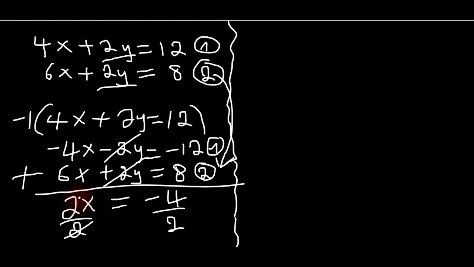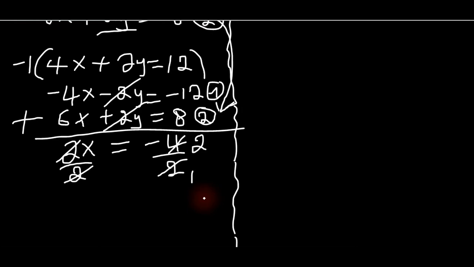So 2 is going to cancel out 2. 2 is going to be here 1, and it's going to cancel here 2 times. So x in this case is equal to minus 2. To solve for the value of y, we are going to substitute the value of x as minus 2 in any of the equations. I'm going to choose equation 1 to substitute the value of x as minus 2 in equation 1. So this implies